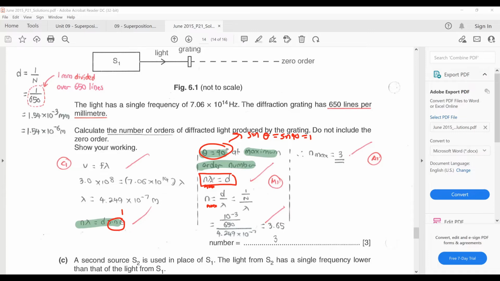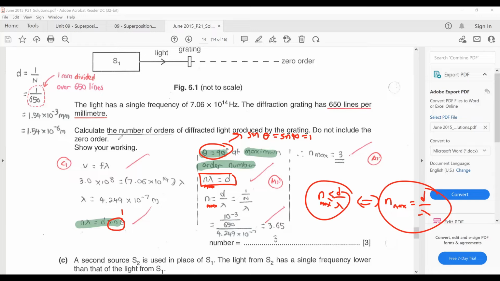If you want to, you can write n max lambda equals d. The ones in the notes make use of an inequality symbol. You can also replace it with this: n max less than or equal to d over lambda. You can also make your life a lot easier and just write it as this. Same thing. The derivation part like this one here is actually not required to be shown, but